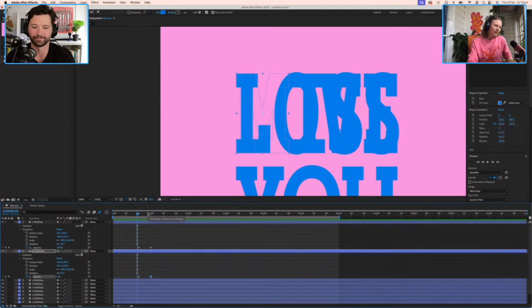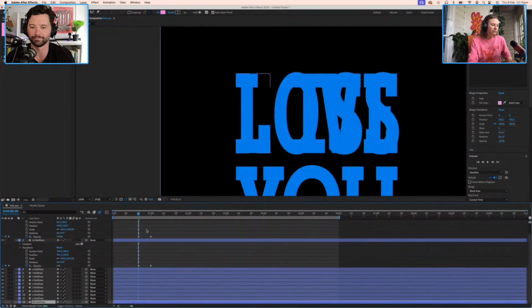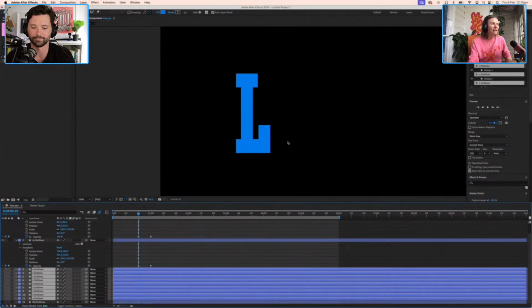So we want these to be directly over the top because we want the morphing to happen at the same time. I'm just going to switch off our background layer for a moment so we can really have a look. And I might even switch off the rest of these layers so we can really focus on what's happening here.